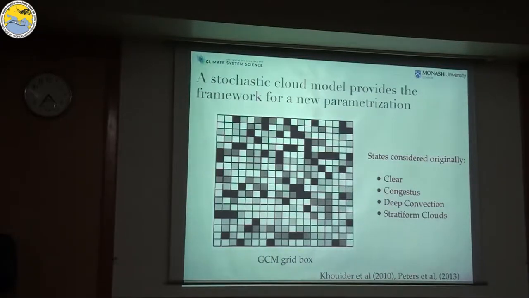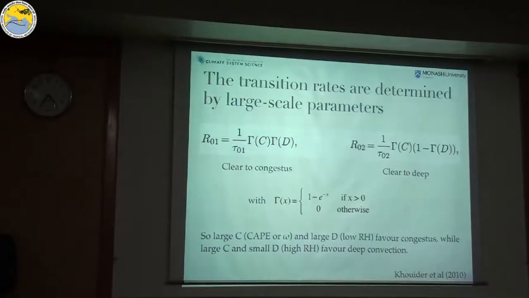And now what you do is you can condition your prediction on the large scale state. And that's what they do. So the mathematical technique that's being used is conditional Markov chains. So you use these so-called Markov chains. All that means is at every time step in your little toy model, you're predicting the probability that a state transition will occur at one of those little cells. Okay? What's the probability that one of those cells makes a transition? And that probability